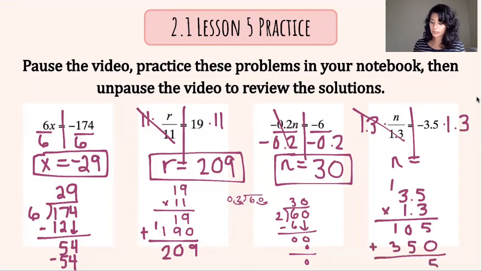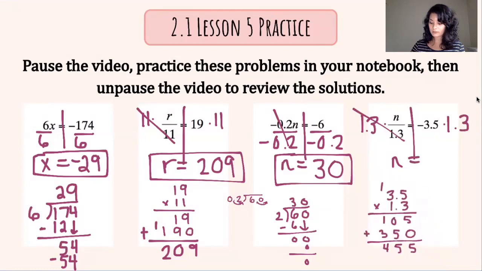I get 5, 5, 4 as my sum. Let me shrink it just a little so I can move it a tiny bit. And then I have to adjust for 2 decimal points. So I start at the right and I go 2 spaces to the left. So I get